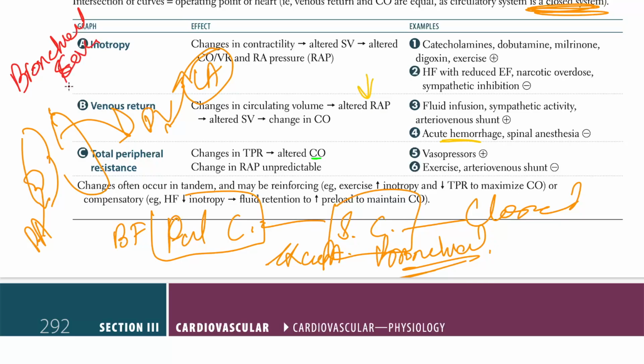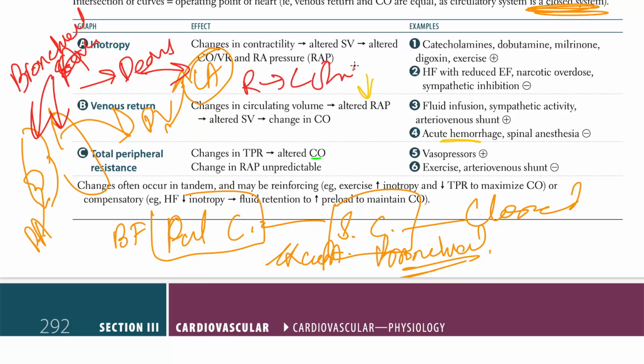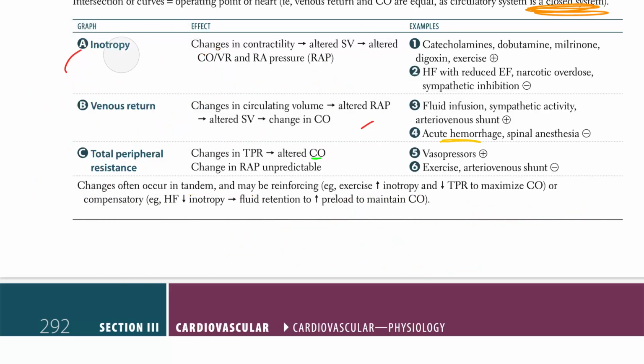So the bronchial artery supplies the lung parenchyma, and the bronchial artery has oxygenated blood, and when it supplies the parenchyma of the lung, it becomes deoxygenated, and then it drains that deoxygenated blood straight into the left atrium, and it is basically a right to left shunt. That is why we will never have 100% O2 in the aorta or anywhere in the left atrium, because of this shunting, which is normally happening. That's an important high yield point. The next high yield point is